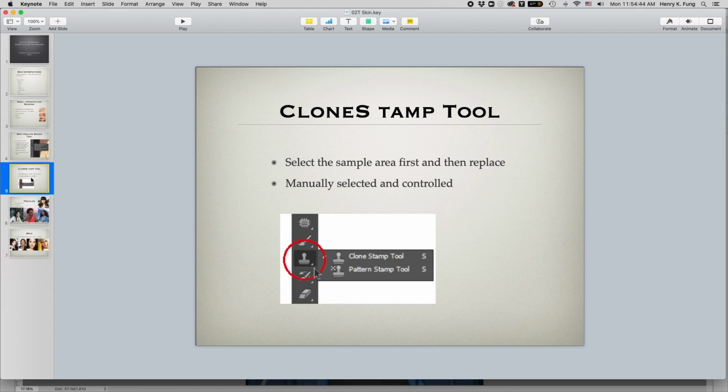And the clone stamp tool is more or less something you have to define by yourself. You select the sample area first, and then you replace. So you can have more precise control. And sometimes you don't want to retouch certain things. For example,